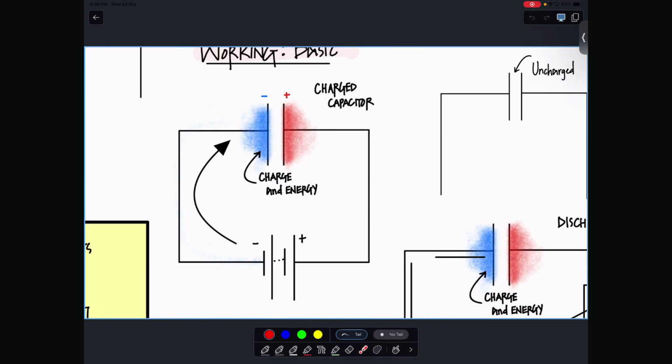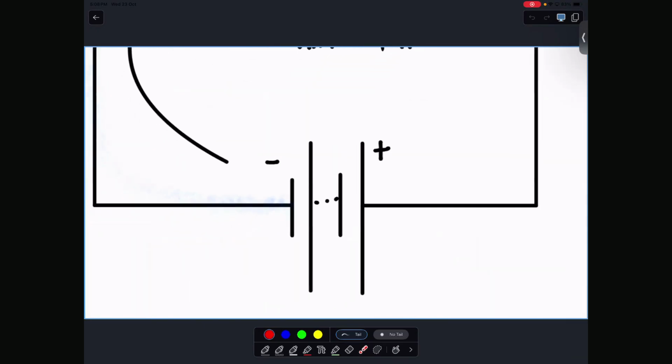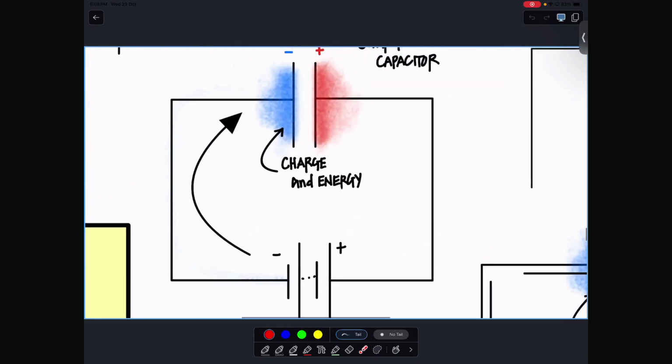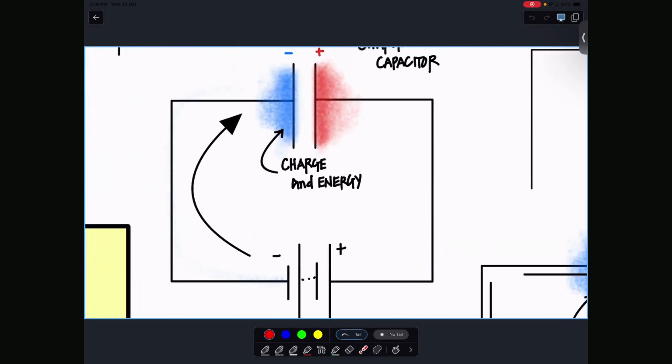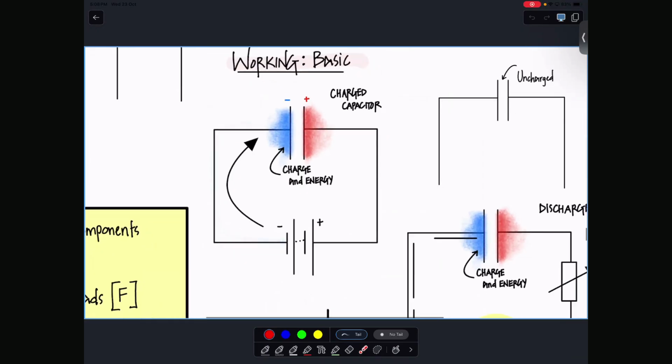It's basically like this, okay? I want to store energy in, let's say, table tennis balls. How can I do that? I'll take a lot of table tennis balls, raise them up to a height, and keep them there. When I want the energy back, I'll release them, and they'll fall. The process by which I take the ball to the height with my hand is done by what here? The battery. So the battery pushes the charges to the capacitor, and the capacitor will hold the charge, and it holds what within the charge? Energy.